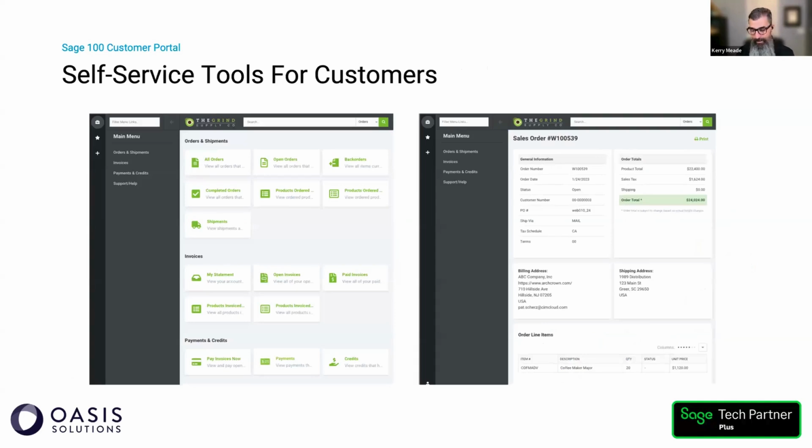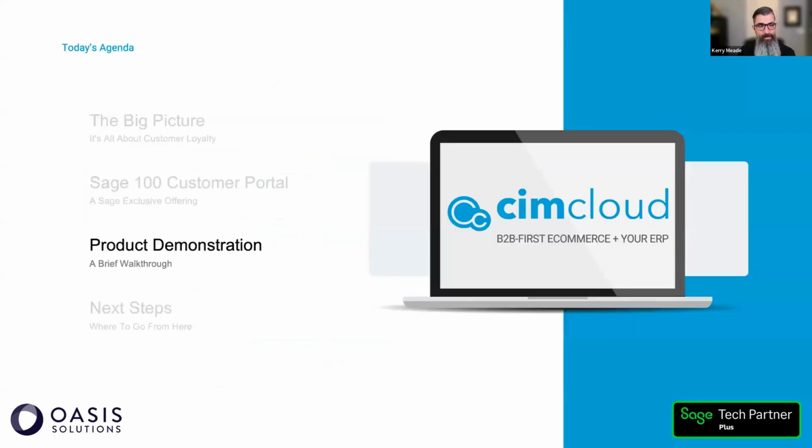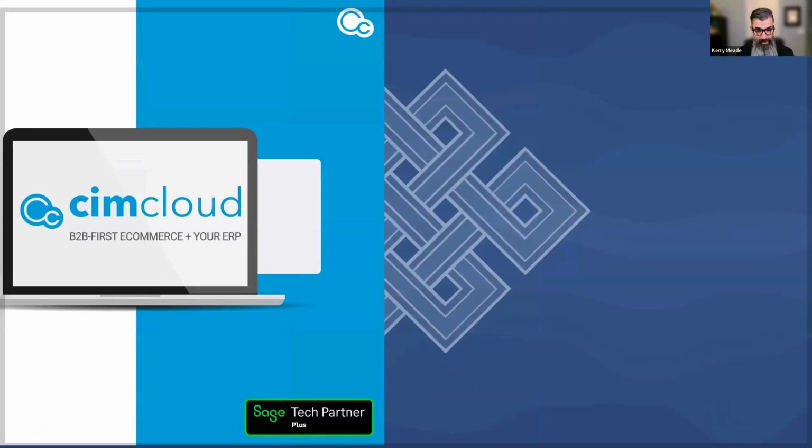So let me dive into it. It's about 12:15. I'm doing a quick time check. That's going to give me a little bit of time to step in and show you what the actual product looks like. You're going to see two views here this afternoon. The first are these self-service tools for your customers, and we're using our fictitious company called The Grind, which is a coffee supply company. I didn't pick that, that's our fictitious company, but I'm a huge consumer of coffee, so I always get a little jolt whenever I get into the demo. And then the other thing we'll be showing you are the self-service tools for your employees or your workers. Again, all accessed through the same platform. So with that, I'm going to go ahead and